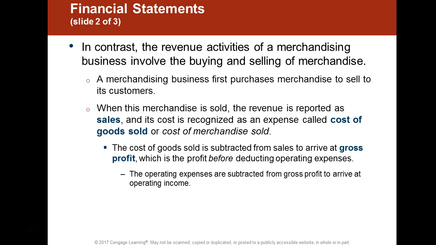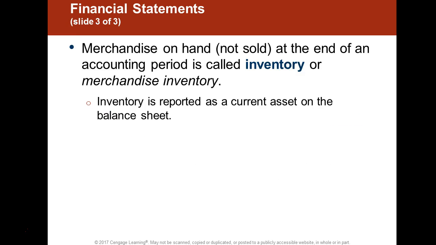So one of the things that you'll notice too, buying and selling of merchandise, and you're going to see on the income statement particularly, you're going to see sales, but you're also going to see cost of sales or cost of goods sold. And that's going to give you gross profit. This is not anything difficult, it's just different. So when you look at your financial statements for a merchandising firm, take notice of those differences and compare them to a service firm. And then draw some contrasting items, things that are not shown on a service firm's financial statements and things that are shown on a merchandising firm's statements, and how useful that information can be depending on what you're looking for in those financial statements.